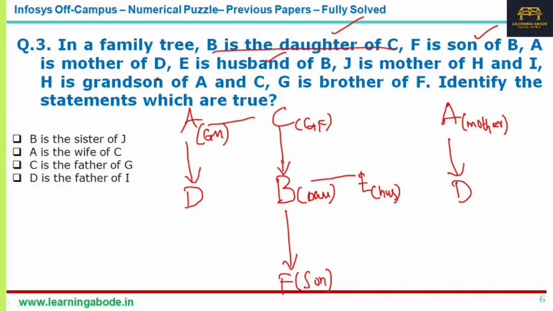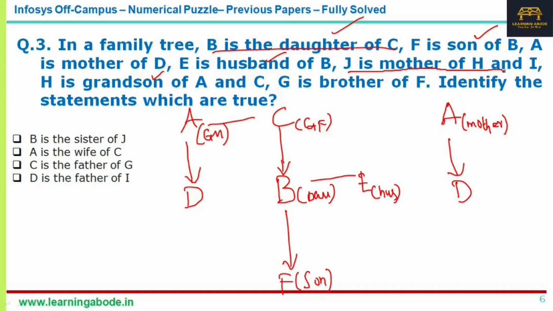So we have taken H is the grandson of A and C. But whether H is the child of D or B. D and B are siblings. D or B we don't know, but actually that information is already there. Where it is there, we can connect it from here.